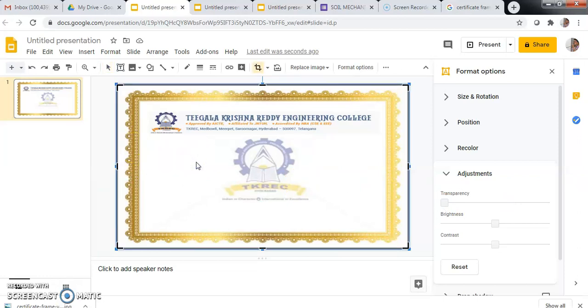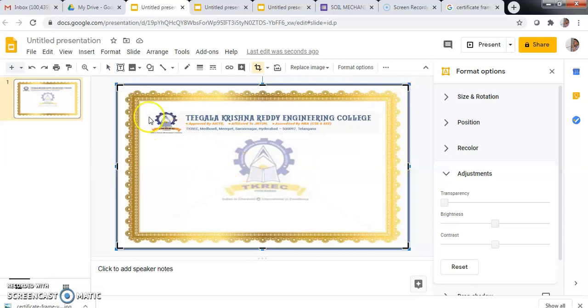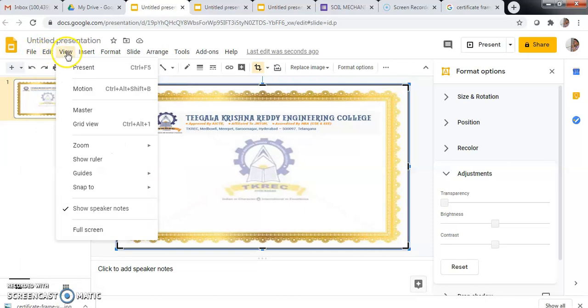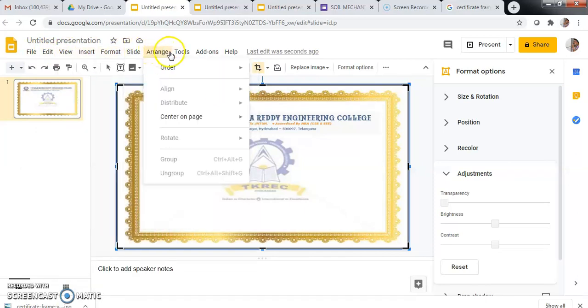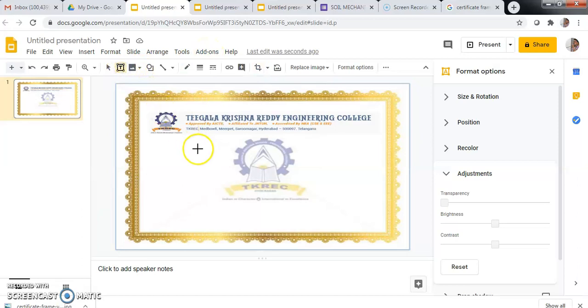Now I have to edit the text. Here file option is there, edit option is there. These are format, slide, arrange, tools, explore add-ons. Add-ons means certificate creation. Here text box is there, so I have to type this.